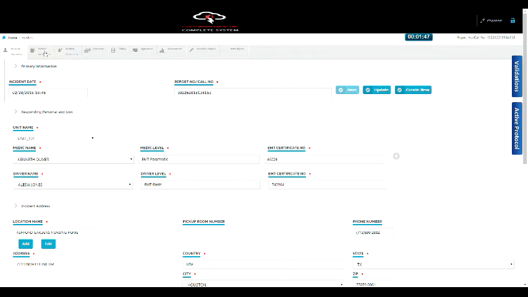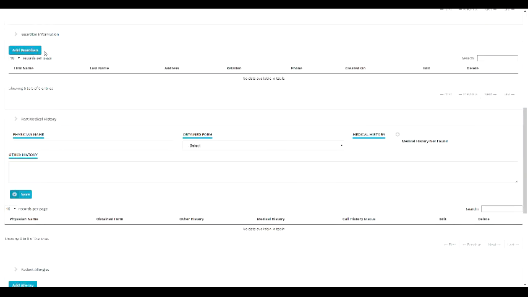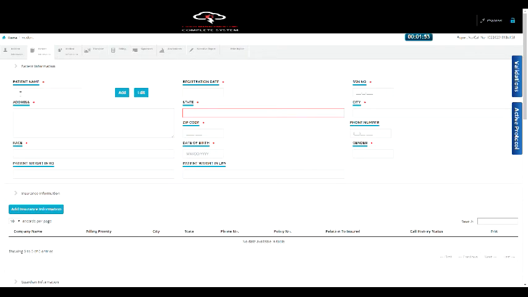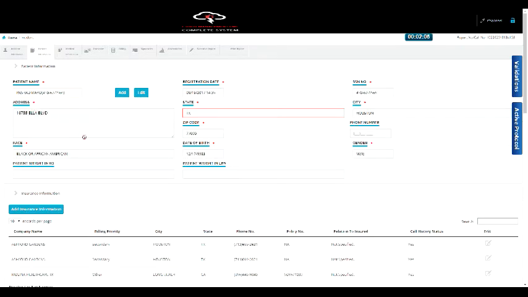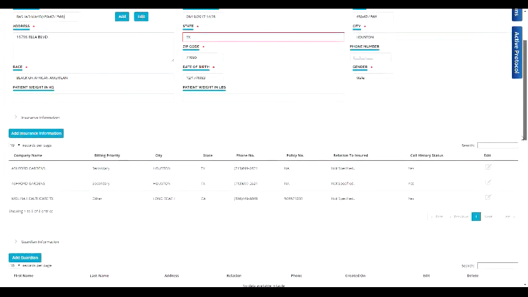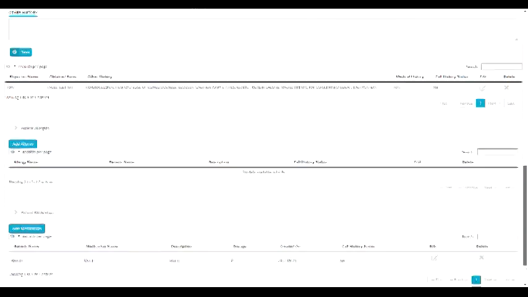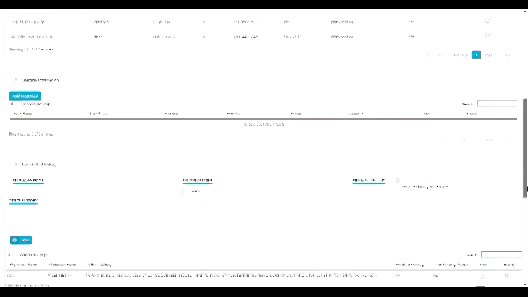Now, if your patient is in the system, all you got to do is just go right here and look for the name of the patient. So we're going to say the patient name is Rashad. And we'll type in RAS, and anybody that comes up with RAS, it's going to show you. So let's say this is the guy, Rashad Mayo. Now, if all his information is in there, his insurance, his medical history, any allergies or medication he's taking,